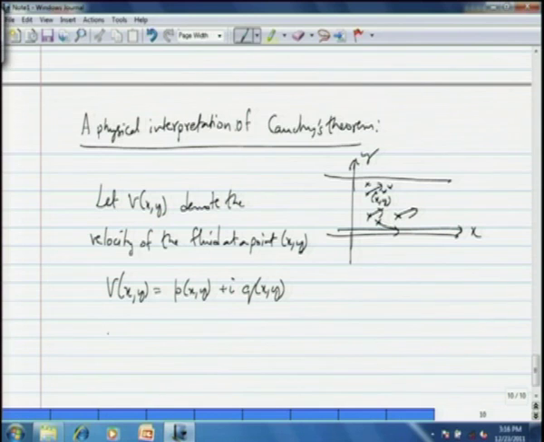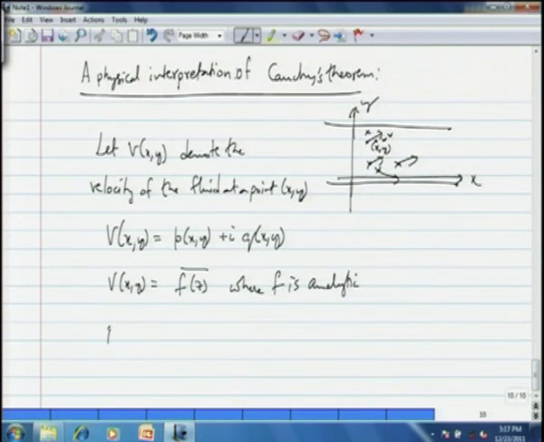Then v of x y is the conjugate of f of z, where f is analytic, provided that the fluid flow is irrotational,